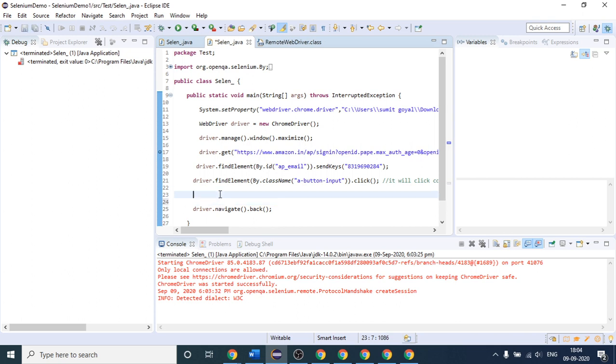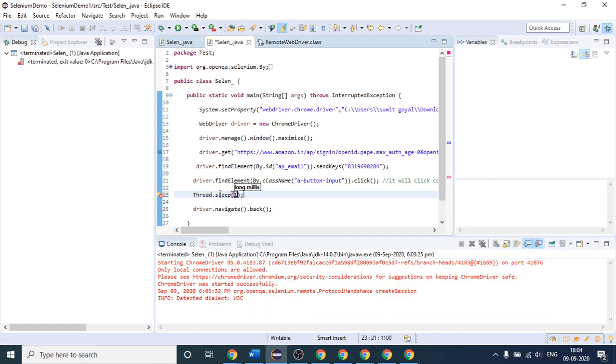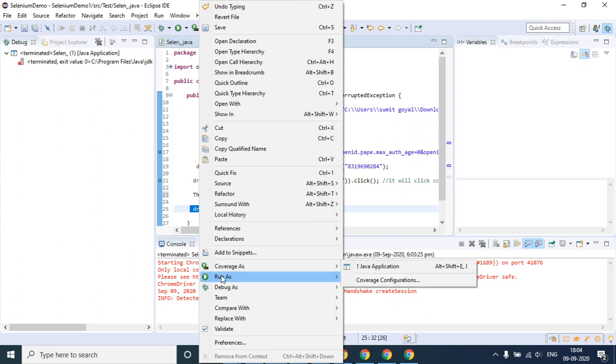So there is one thing in Java you can do. If you write like this, thread dot sleep, and here suppose if I provide 10,000, it is 10,000 millisecond. This is a part of Java, it is not a part of Selenium. So if I write like this, then after the execution of this statement, our script will pause, and after few milliseconds you will be able to see that it clicked on back button. So this time we will go like this so that you will be able to see.